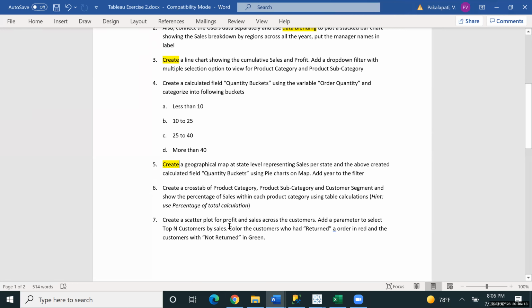Okay. So I need to just simply drag this. They're asking for the quantity buckets, right? So now go to the chart and just hover on that pie chart. You should be able to see it, right? That quantity bucket 10 to 25. So this is where you can see all the numbers now. And you can click on size to make the pie charts a little bigger if you want. Okay.